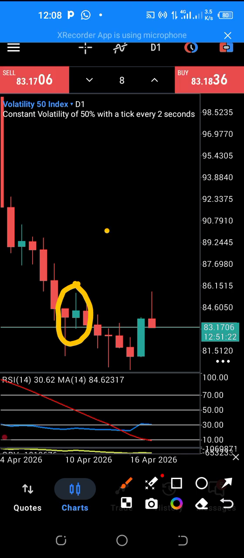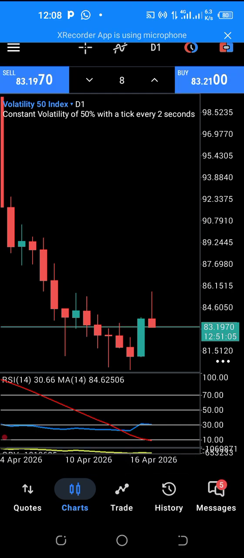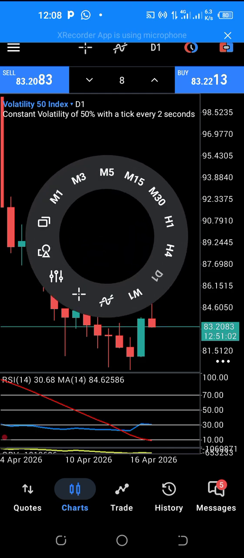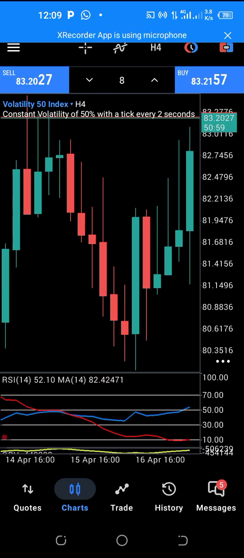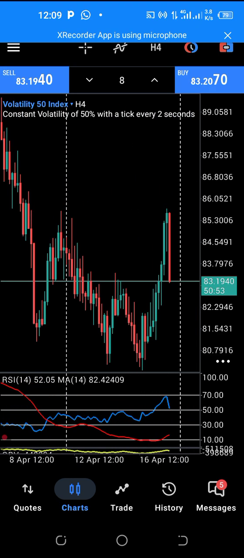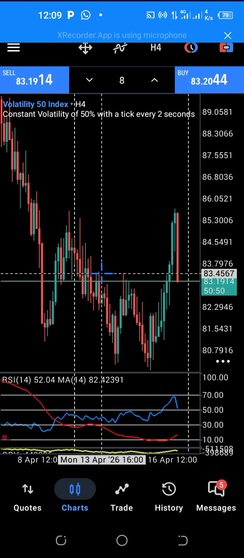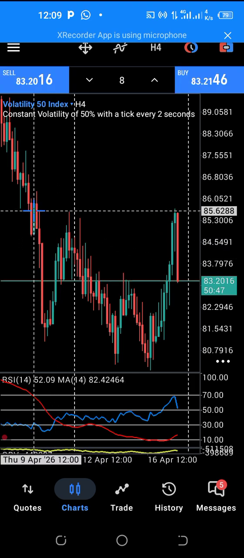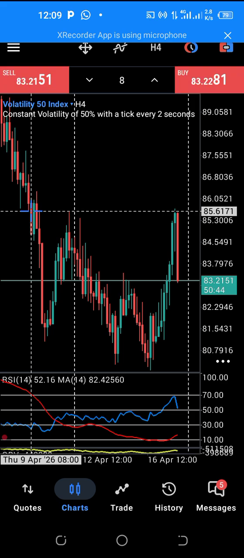Let me remove this. This is where my focus went. So when I went down to the 4 hour time frame, I saw that there was a clear liquidity grab, which you need to open your eyes well before you can see it. You understand? This is a liquidity grab that just happened.